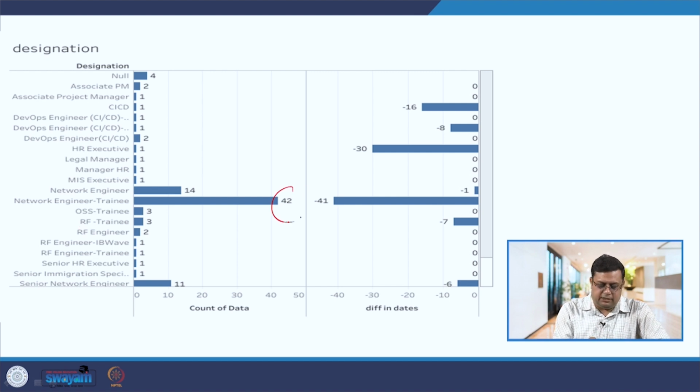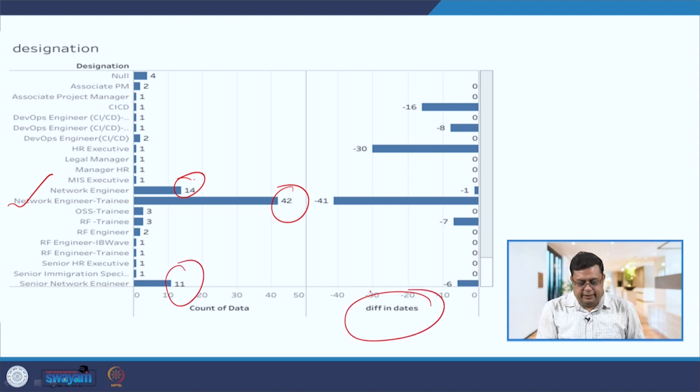So here you can see the maximum number of people have joined as network engineer trainee, followed by network engineer, and then followed by senior network engineer. And the difference in date, that is what you can see: what date of joining was given to them and on which particular date they have joined. So after how many days